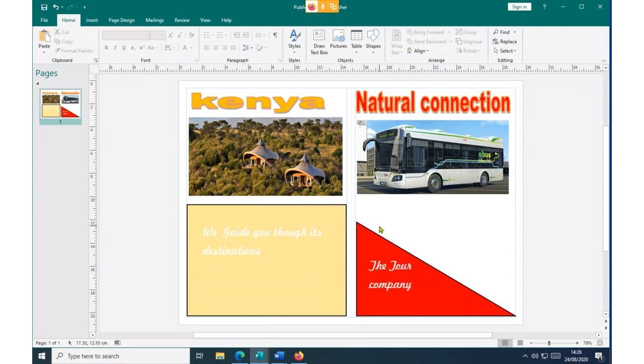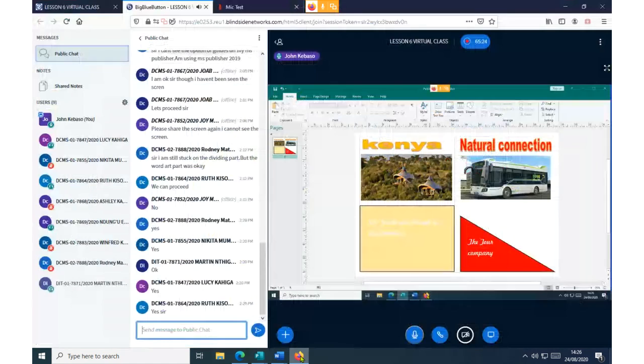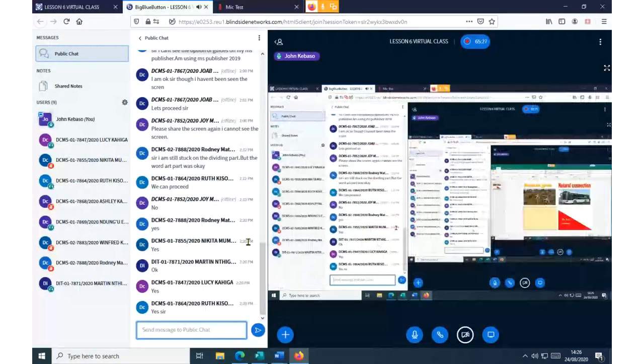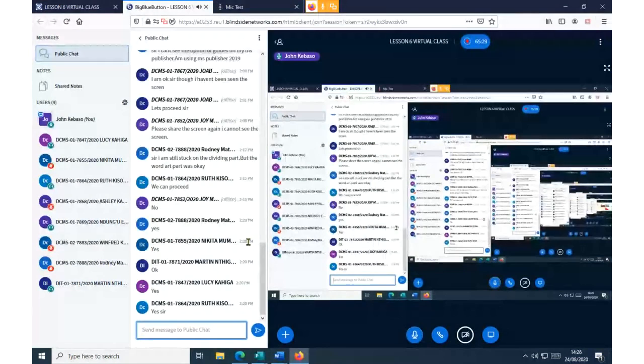All right, class, can you confirm to me that this is well done, or you have followed what you have done on our first, the cover and actually the front and the back page? Let me know whether we are doing very fine. Let me know if we have followed. I will appreciate so that I can now go into the inside of the brochure and show you how we can design the inside part of the brochure.